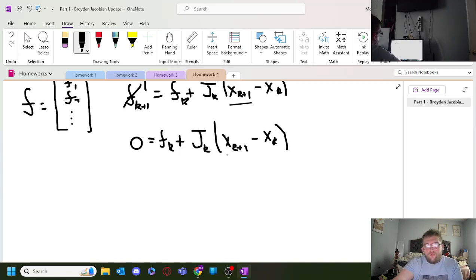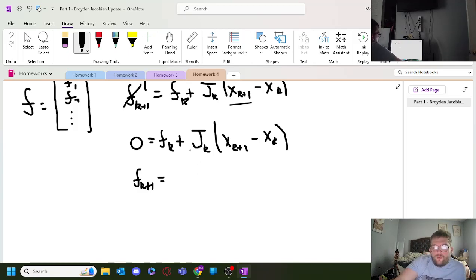Let me center that a little better. So now we solve that, we find our x sub k plus 1, but when we go back to plug it in, what we're probably going to find is that this is not actually 0. So we go in here, where this is no longer 0,